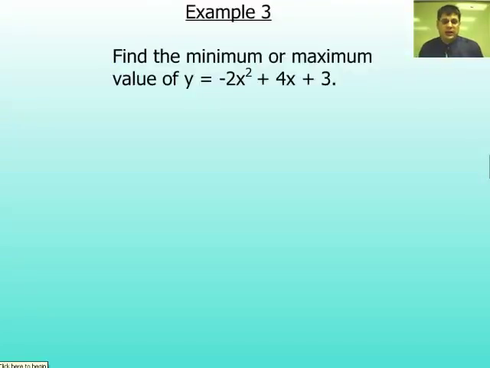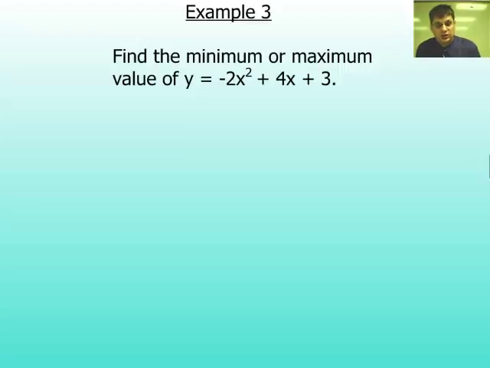Let's say we want to find the minimum or maximum value of y equals negative 2x squared plus 4x plus 3. But we want to do it without having to graph it by hand. So there are a couple of ways of doing it. One way would be to find the axis of symmetry and then find the y value. You know, just like we did with the last equation, that would give us the vertex,